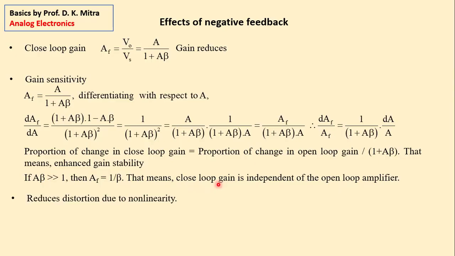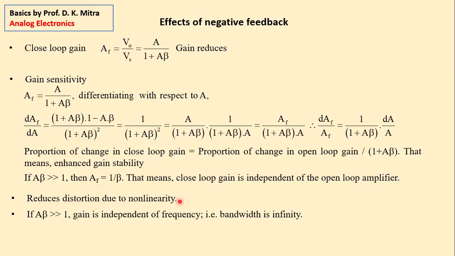Besides that, negative feedback reduces distortion due to non-linearity. Many components, particularly PN junctions, have some non-linearity, which creates some distortion. Distortion is reduced. Next, when A beta is much more than 1,